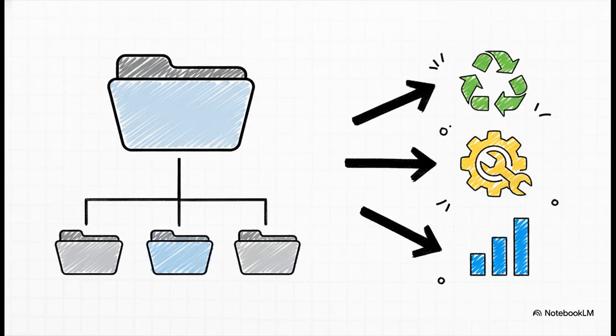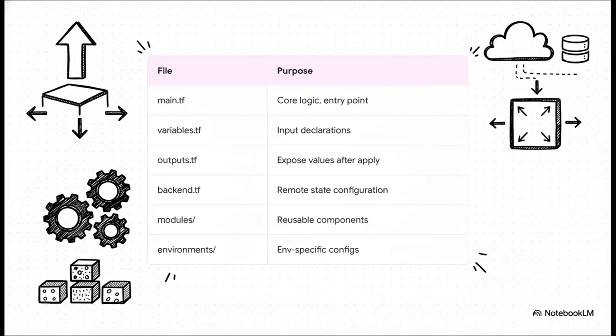Now hold on, before you even think about writing that first line of code, we have to talk about project structure. This is absolutely non-negotiable for any professional work, seriously. Good organization isn't just about being tidy, it's the key to building infrastructure that you can actually maintain and scale without losing your mind. This structure you see right here is basically the gold standard used by top-tier DevOps teams everywhere. And this table just breaks it down perfectly.